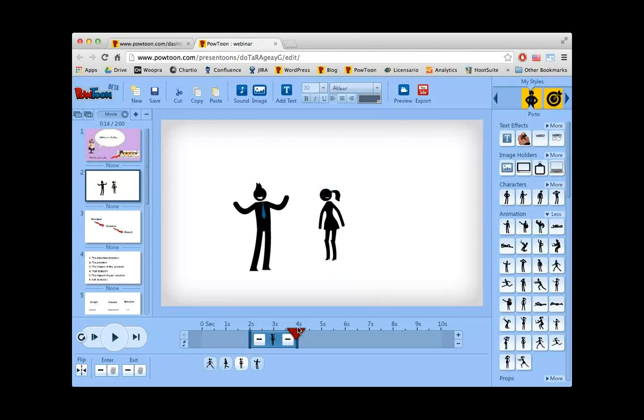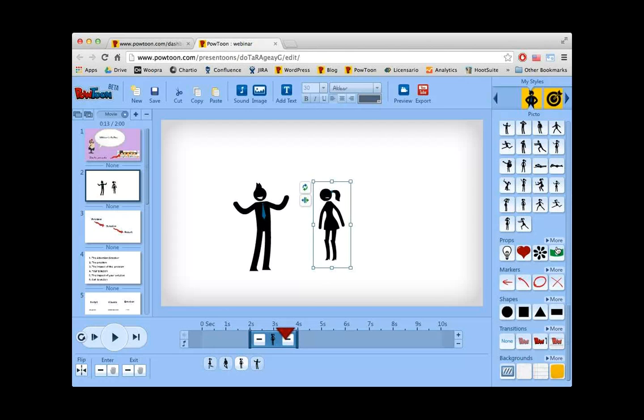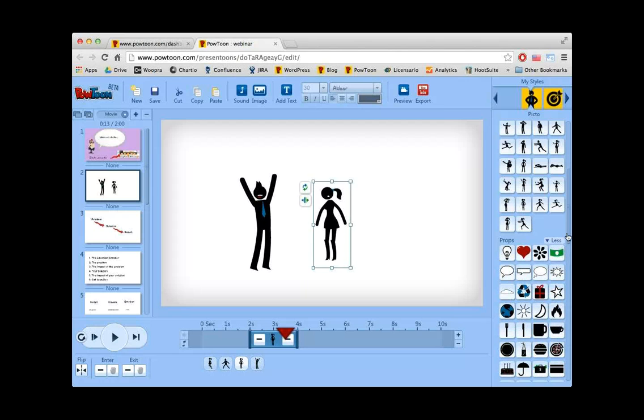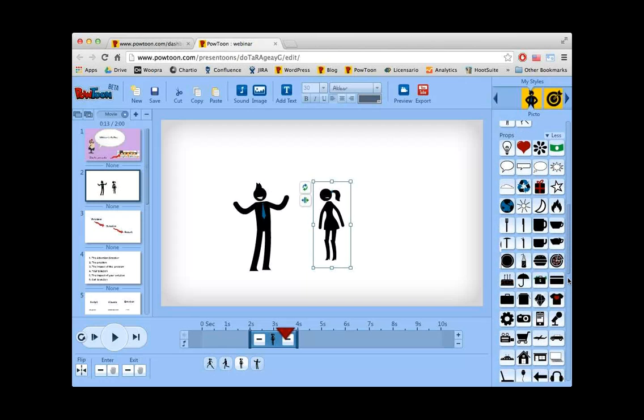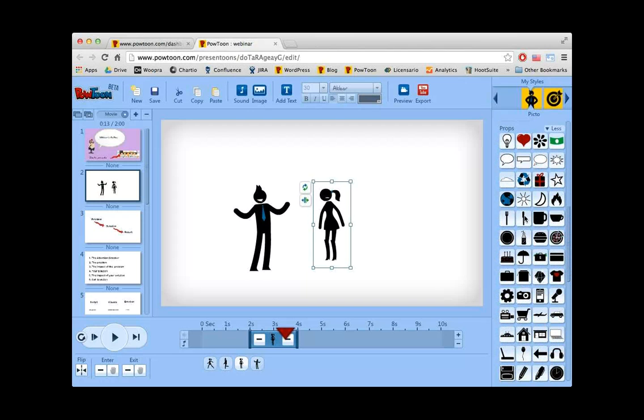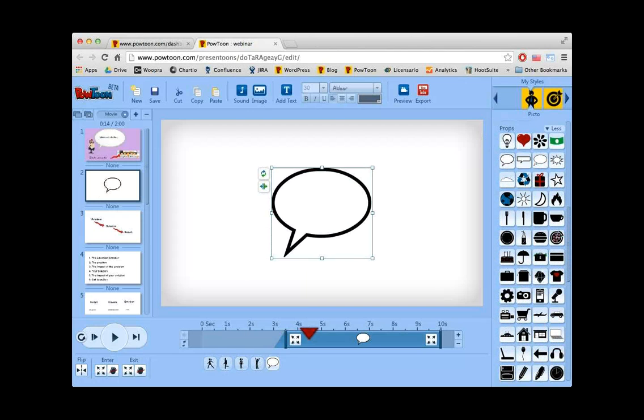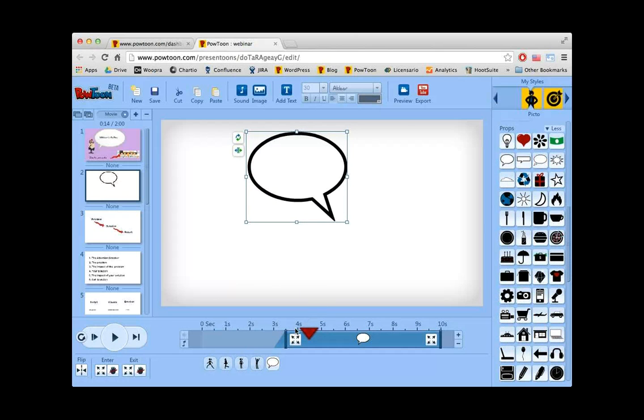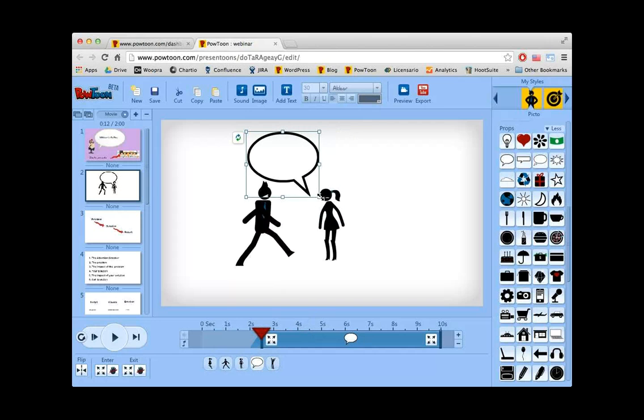At this point, we can say, okay, girl, speech bubble. Okay, so we could put a speech bubble in here, right down below. We've got props, and the props have a lot of different things in them. We're about to add a ton more, by the way. We're really working on adding a lot of content. And she can have the speech bubble, and I'll just keep doing these kind of things. Just give her a speech bubble, make sure the timing is right, so the speech bubble happens at the right time, right? She's saying hi, maybe it's second 3,